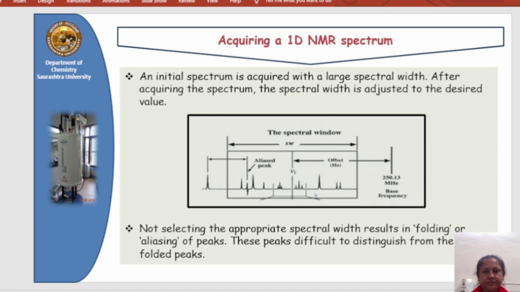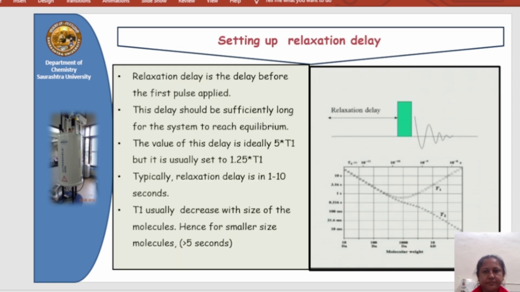Now in the next slide we can discuss the delay. What do you mean by delay? We have studied two types of delay. One is for the single pulse, and that is known as the preparation delay, also designated as T1. Second, after completion of one peak, before we start the new step, we give some delay for the preparation, that is known as T2. So what is the importance of T1? What is the importance of T2?